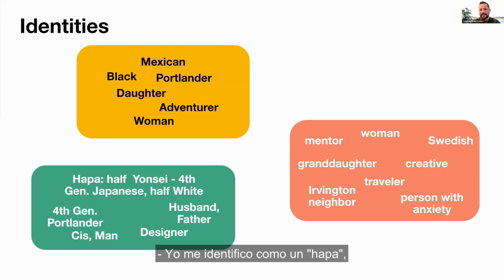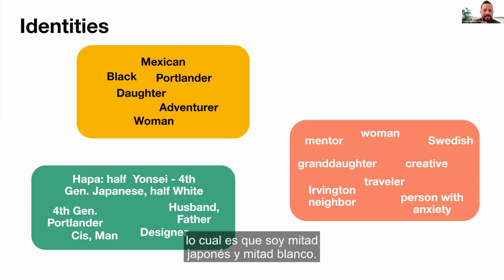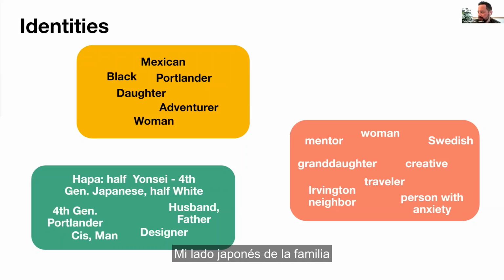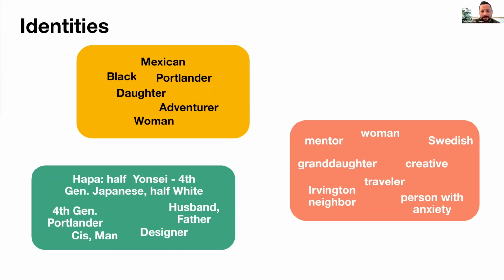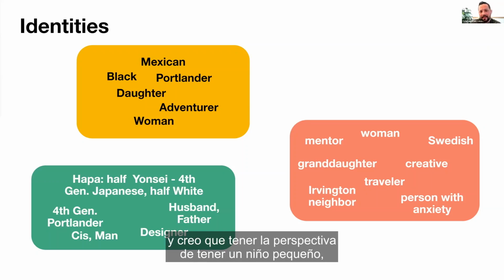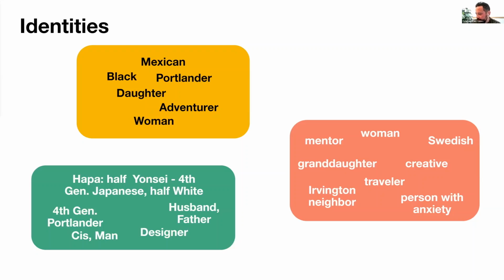I identify as a Hapa, which is I'm half Japanese and half white. My Japanese side of my family came over here 4 generations ago, and I've been in Portland. So I feel like we've been here for a long time before there were Segway tours and this craft beer stuff. I'm a husband and I'm a father, and I think having the perspective of having a little kid,